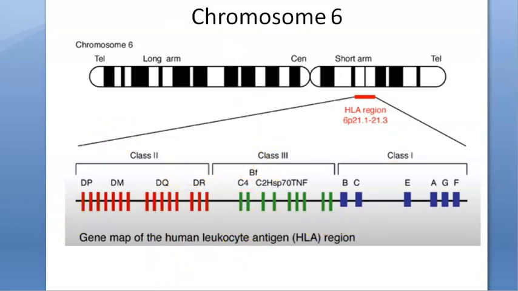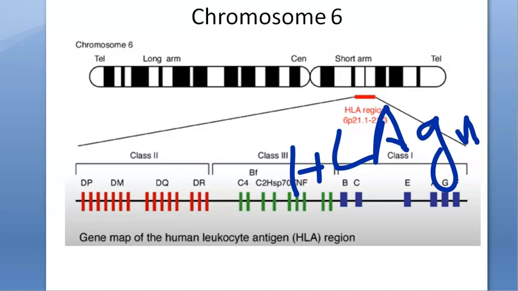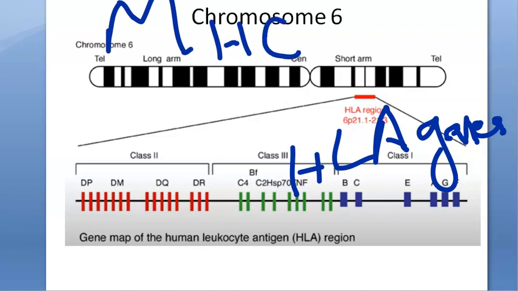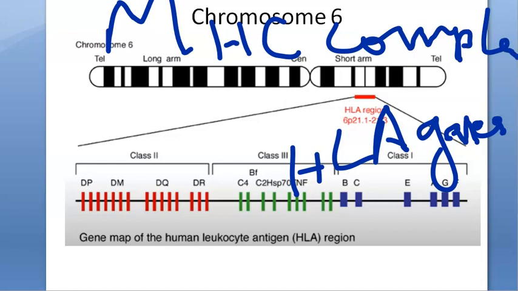What are these? The human leukocyte antigen genes, or you can call it major histocompatibility complex. Complex is nothing but these genes. So what is complex? If they ask you, you will say it is nothing but a group of genes which code for a set of the host cell surface molecules. So there will be a cell, and on the surface some molecules.